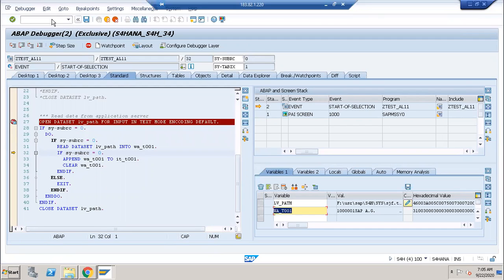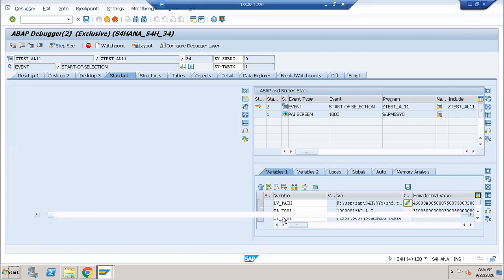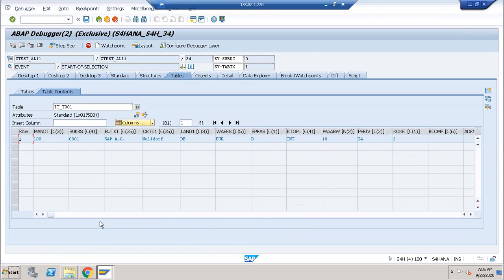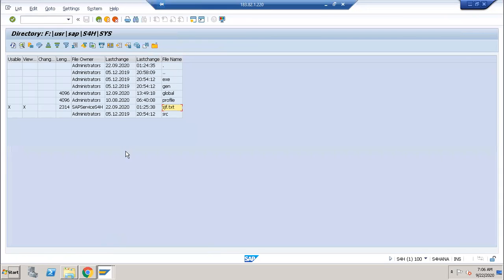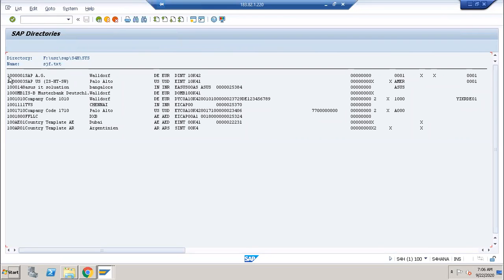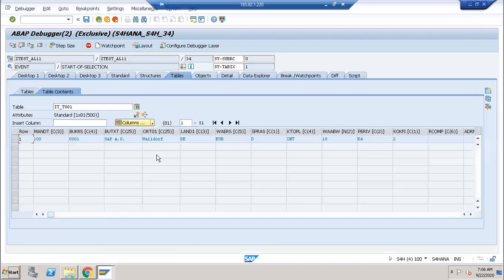Okay, click on the F5 button. Click on F5. ITTW01 is coming. If you see here, one record will move here. One record is coming like this. You can cross check in the application server also. This is the ajf.txt, right? If you double click on it, what is the first record? First record is this one. Something wall drop is there. Okay, this is the data. Right. Click on back button.